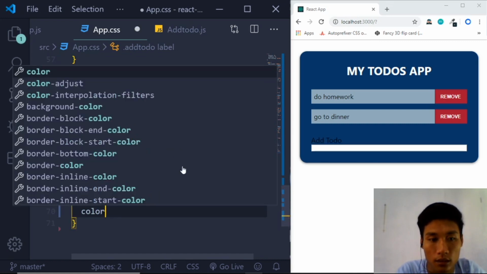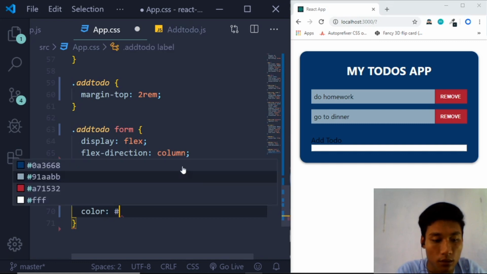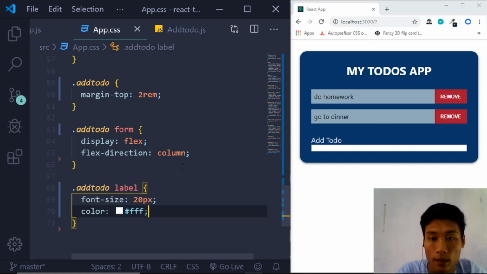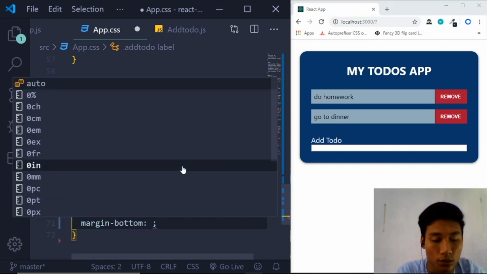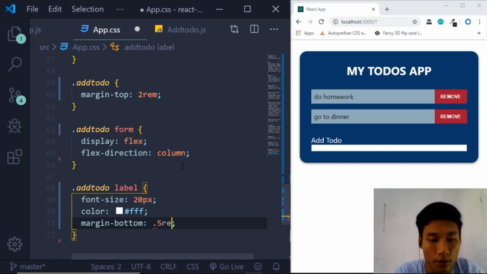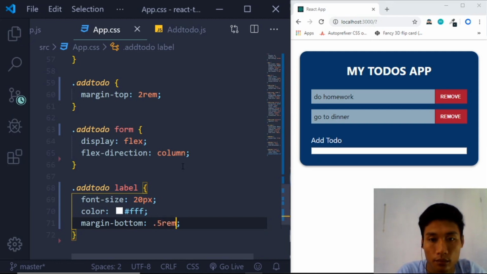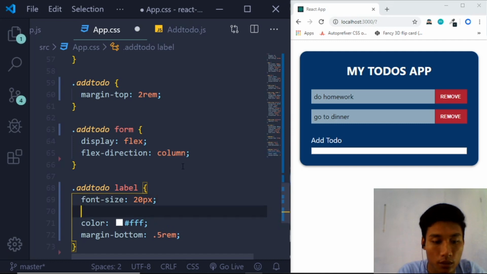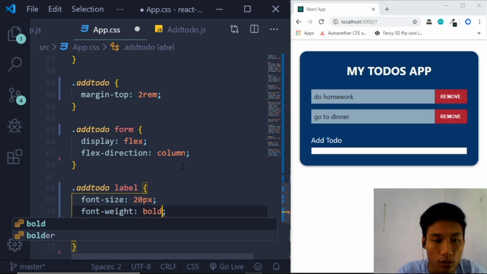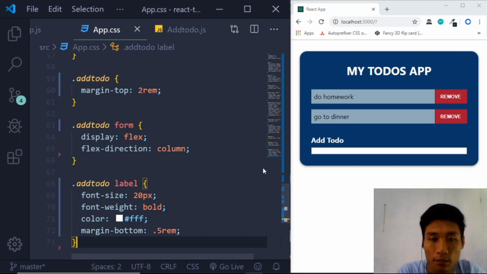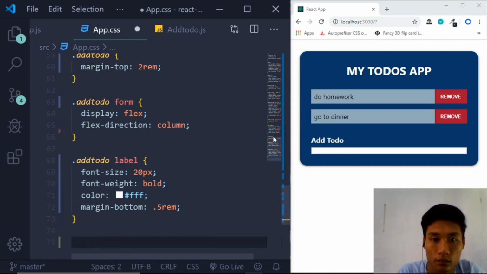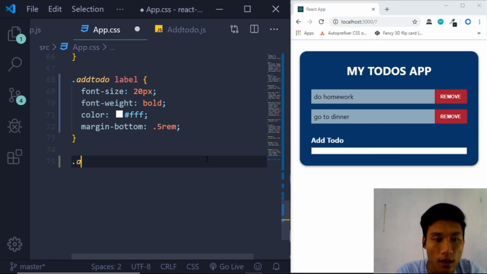and the color is going to be white, and margin-bottom to 0.5 rem, and I want to make it bold. Font weight bold. Alright, cool. Let's style the input. Alright, add-todo input